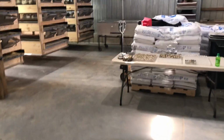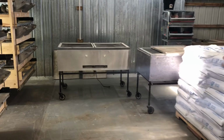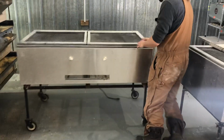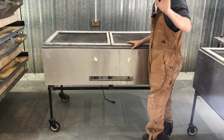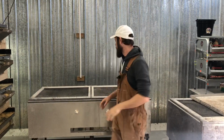All right, so we bring it out here. All of our brooders, as you can see from a wide shot, are on wheels, so we can move them around like so, all right? And then we've got the trays. Now, I've already done a video on the gutter system for the poop. So what we actually do